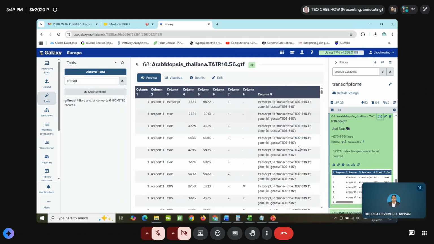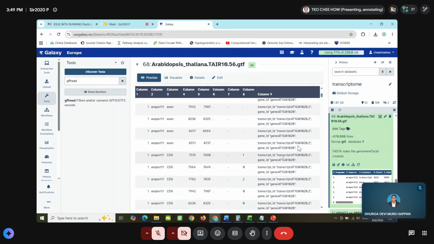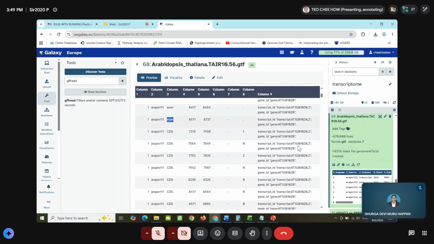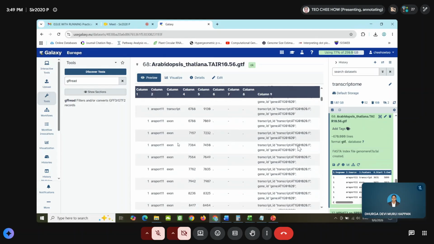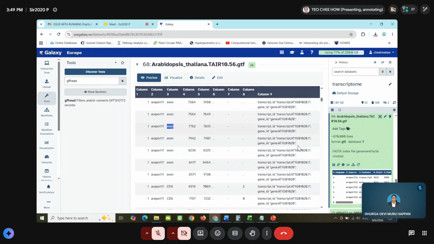So once you finish, you will get a GTF file like this. So they will tell you which one is exon, and this exon is linked to which ID, gene ID. You can see the gene ID. So this is basically what we want. They will only count the features, and these features belong to one gene, which is this one. And then they will count another feature. They found another exon here. So those exons belong to gene number 2. So this is why you need to have the identifier as a gene ID.